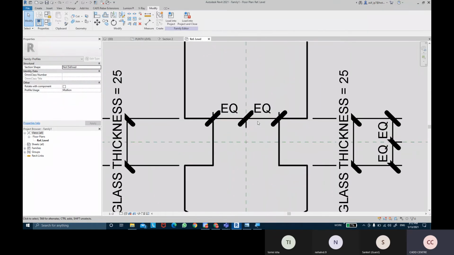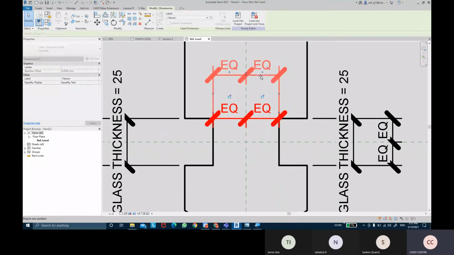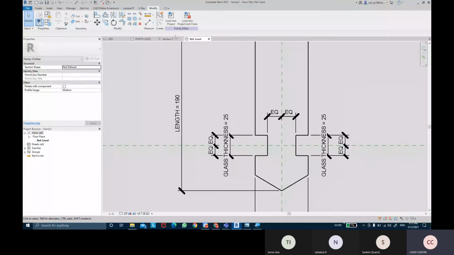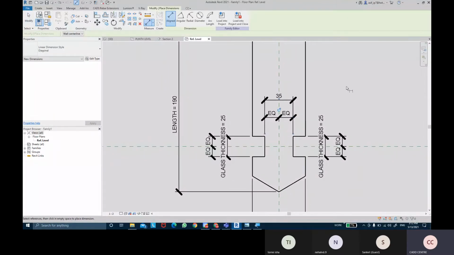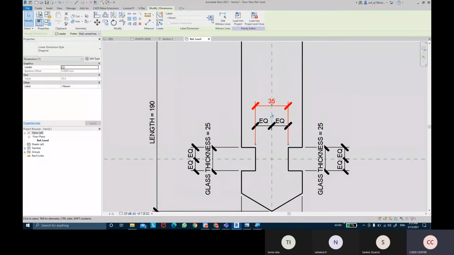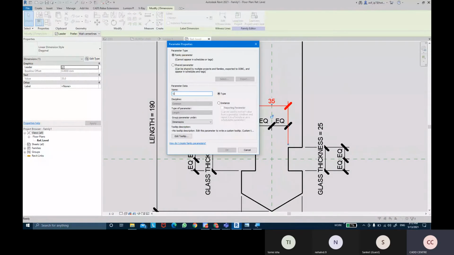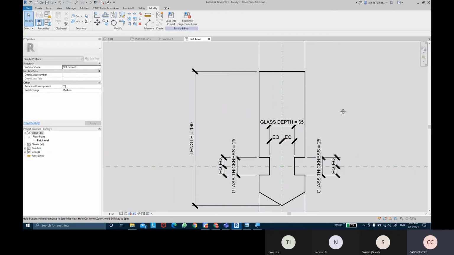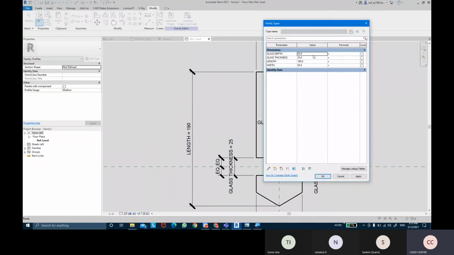So now where the profile shapes were open, they're all closed. You can even manage to access the glass steps.